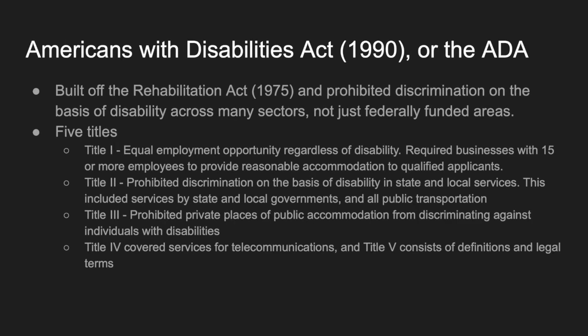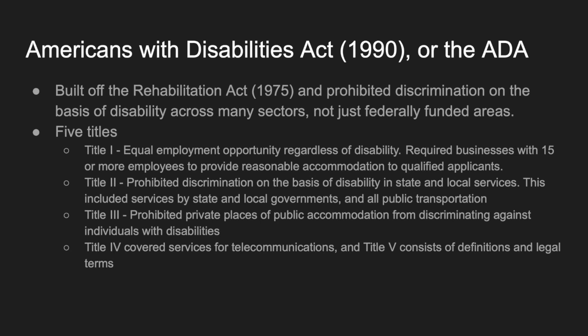Another important piece that came a little later than the Education for All Handicapped Children's Act was the Americans with Disability Act, also known as the ADA. It basically took the Rehabilitation Act and really built on top of it. It had 4 titles specifically addressing key areas that were necessary to make sure that people with disabilities were fully integrated into society. Obviously, a long-term effort is still being applied to this day.